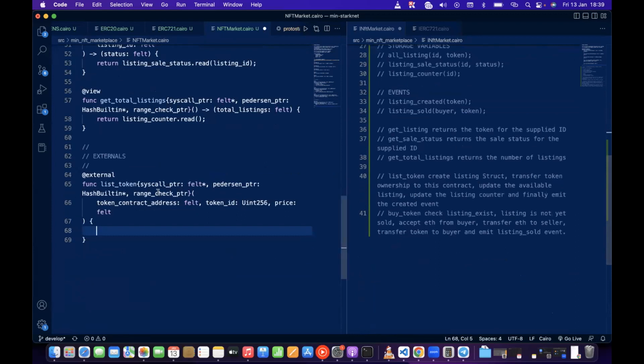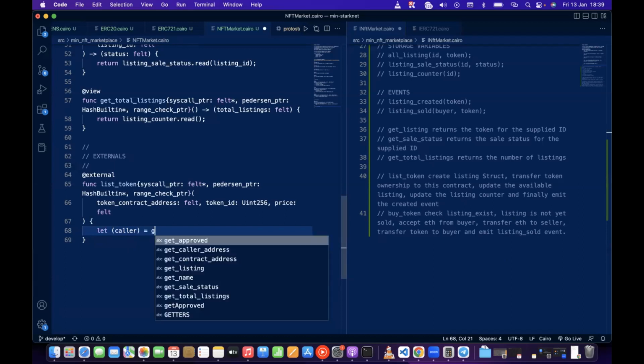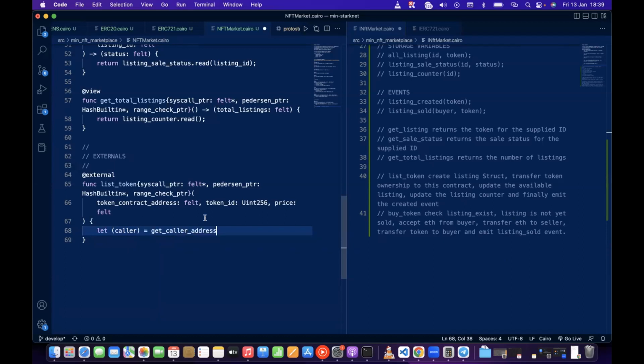It said for the list token, we want to create a listing struct, but for that we'll be needing the address of the seller. The seller is most likely the person calling the contract, is definitely the person calling the contract. So we are going to use the list token function. We're going to use the get caller address to get the address of whosoever is calling the list token